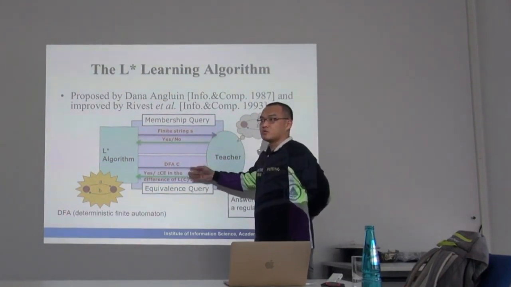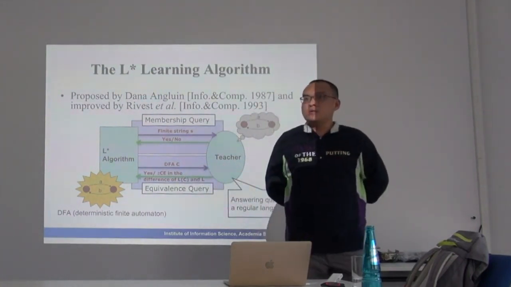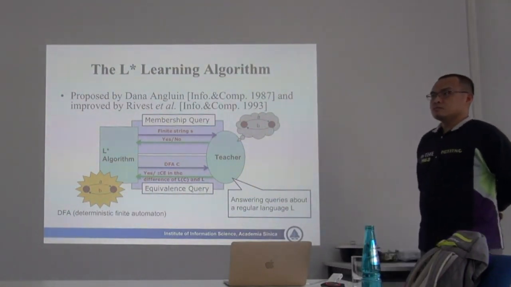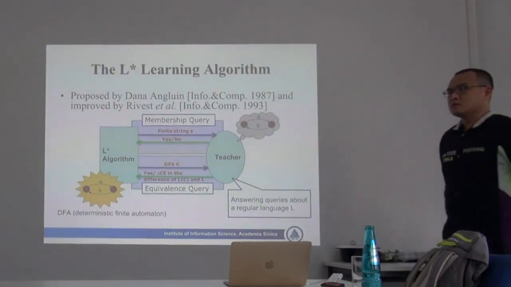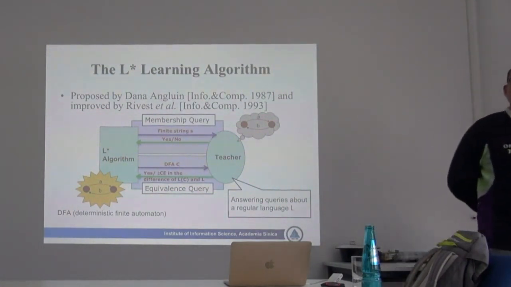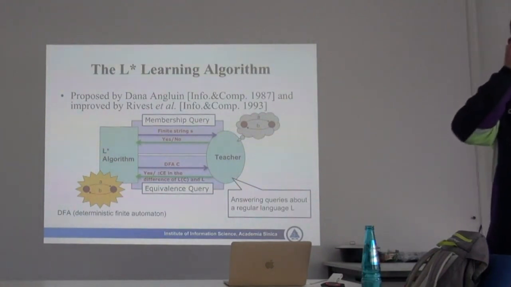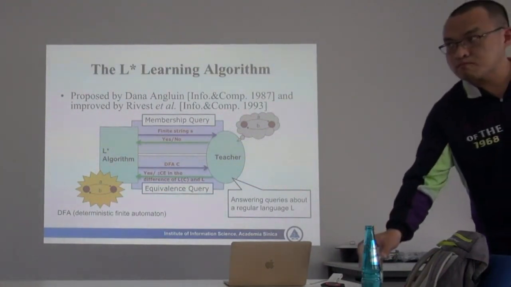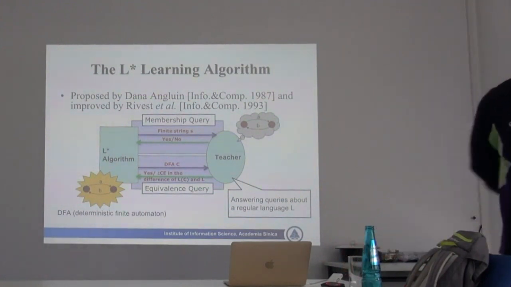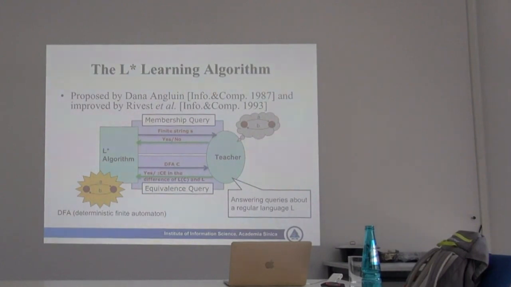I will show you how to do this step later. So maybe try to rephrase it this way. If we think of an example, say that when we're talking about autonomous driving, then the membership query means whether a certain type of driving pattern, for example, I accelerate and then go right and then overtake and merge left, is a string of behavior patterns, and this can be considered as a membership query.